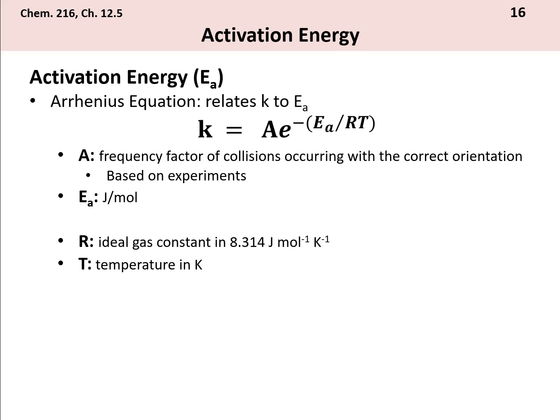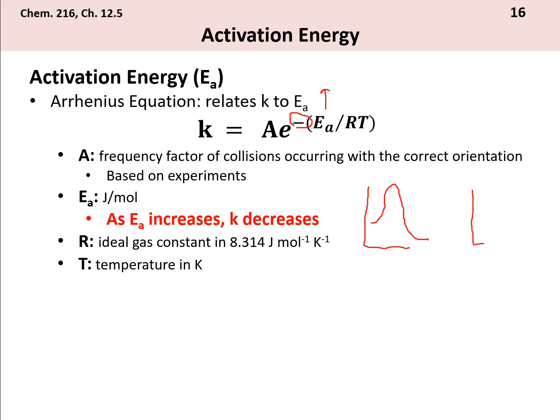Now, notice what happens. And we'll do an example in a little bit. But as Ea increases, this term is going to become more negative. So what does that mean? My k is going to decrease. This makes sense because if I have two reactions, one's like this, and the other's like this. This one has a smaller Ea,